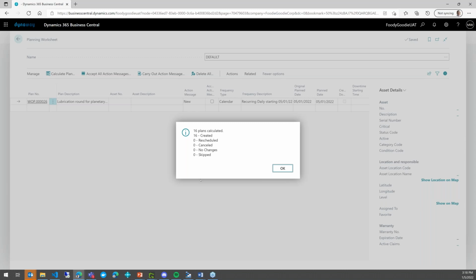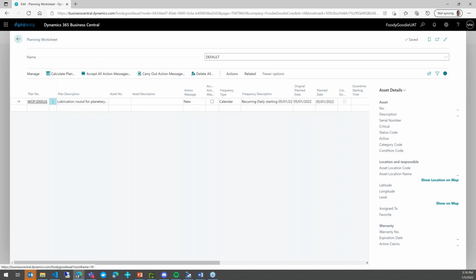You can also cancel the work orders. So I really advise to use the planning worksheet, not to do it automatically, if you want to have control. And the last thing which I want to show you is there is no asset number here. Why? It's not a bug. It's not anything unusual,